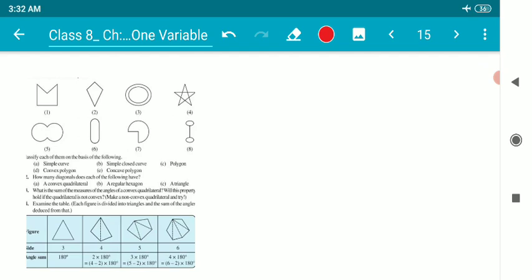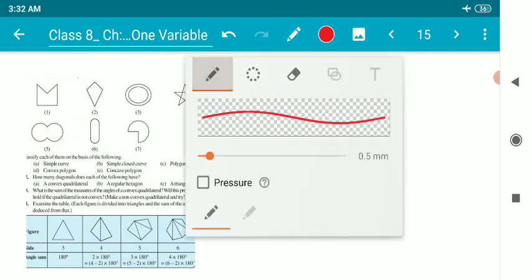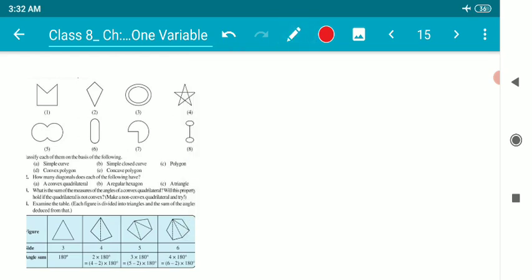Children, we have been dealing with the chapter Understanding Quadrilaterals, chapter 3, and we understood so many things: the differences between regular and irregular figures, what is a quadrilateral, and how a quadrilateral is different from triangles and all other polygons. These things we understood in the previous video. So children, today in this video I'm going to discuss some very useful and very interesting things.